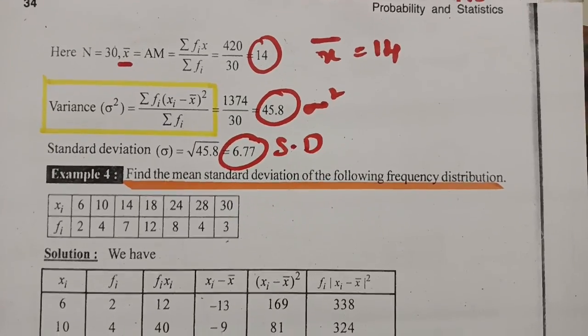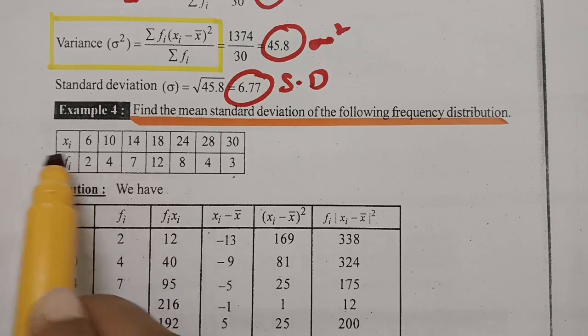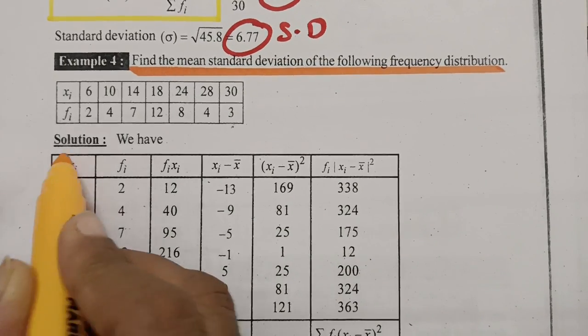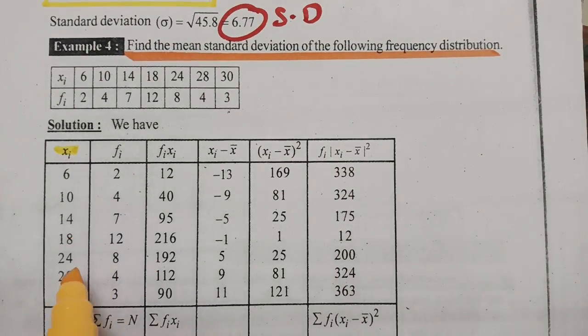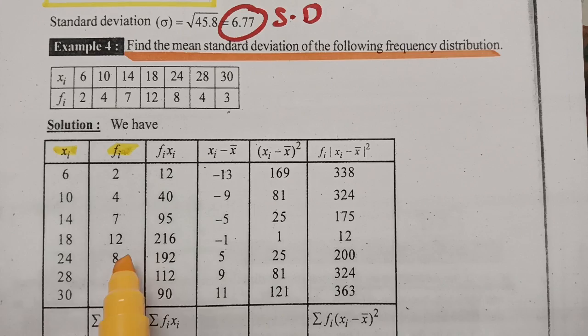And the next question is: find the mean and standard deviation of the following frequency distribution. The x values are given and the f values are also given. Likewise, we take x values in the first column, that is 6, 10, 14, 18, 24, 28 and 30, and the frequency values are 2, 4, 7, 12, 8,